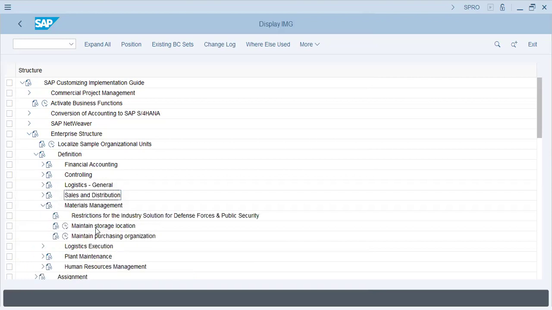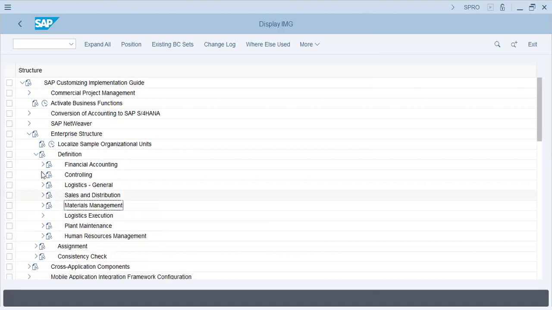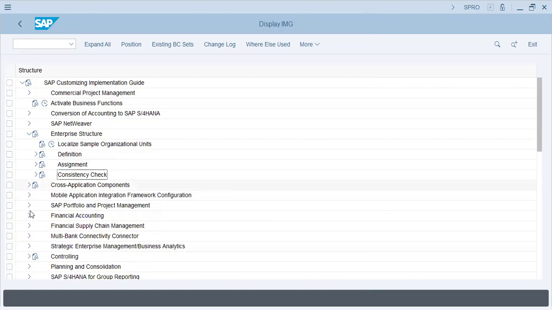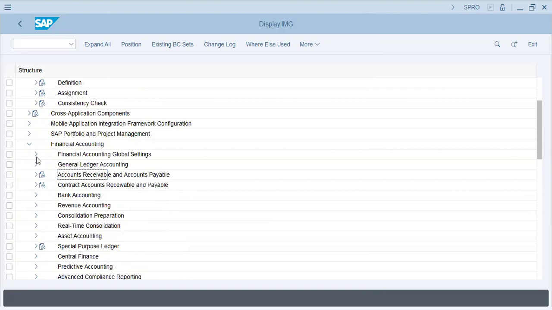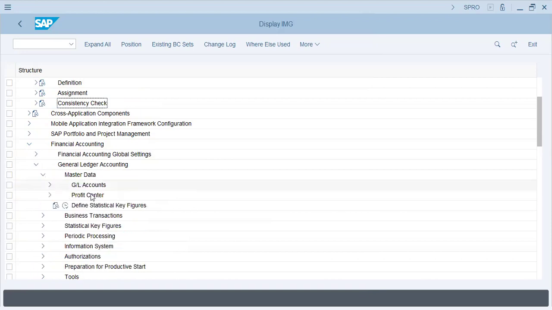That's it. And next is material management, storage location. Storage location is dependent on plant. Okay, and then purchase organization for material purchasing. Next is sales org, distribution channel. That's it. And after that, the next step is financial accounting, GL accounting, master data, GL accounts,